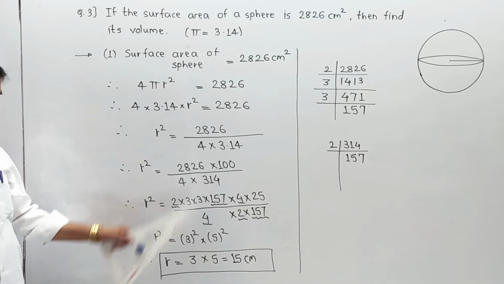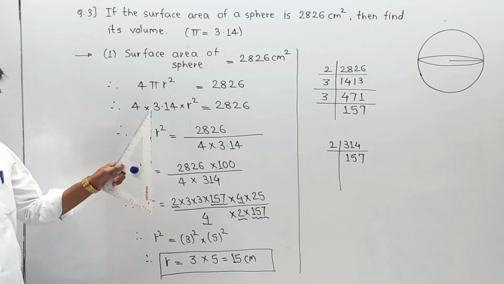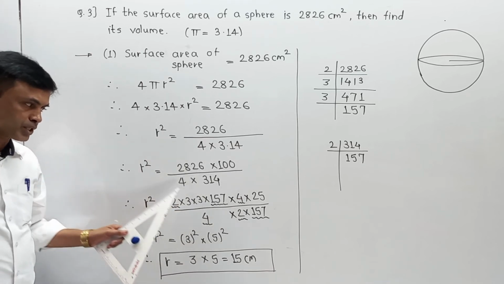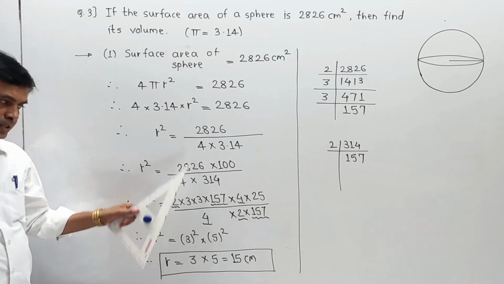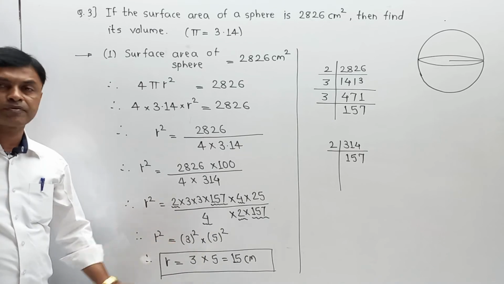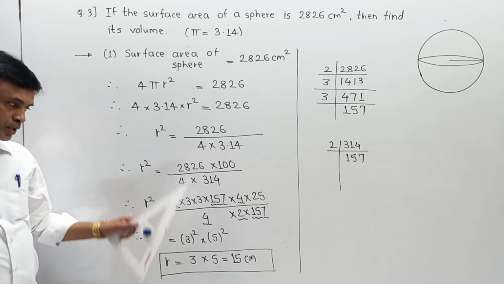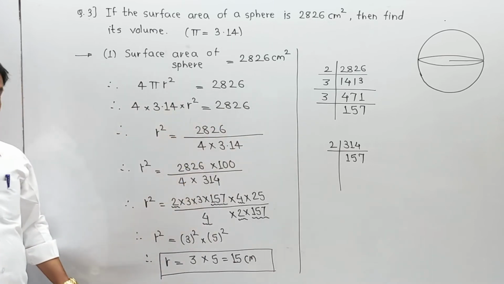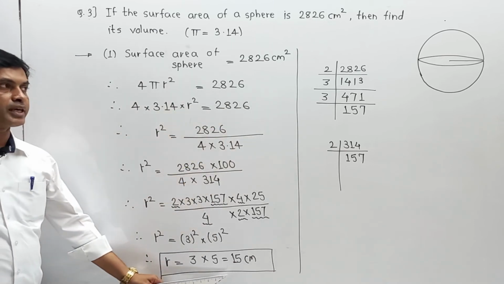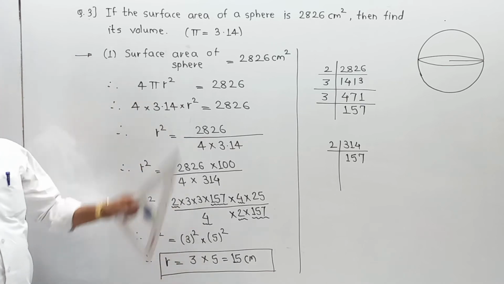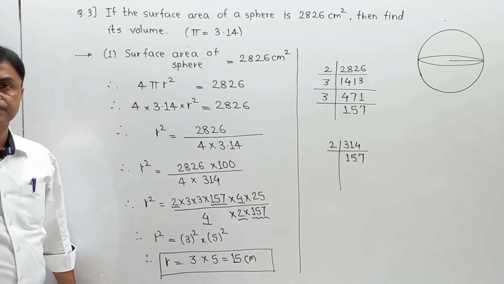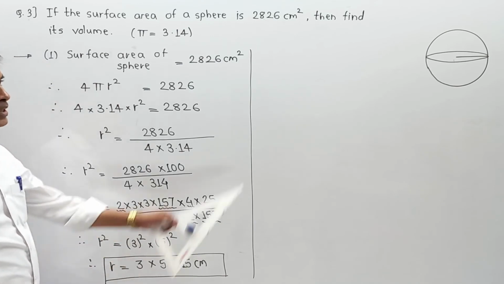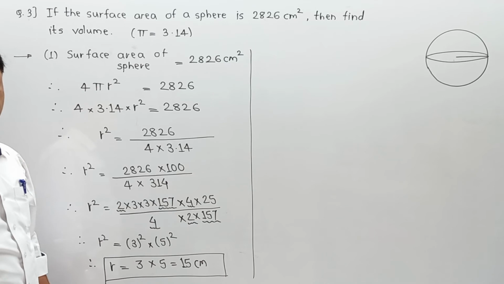And this is the first mode of calculation that you are supposed to do correctly, then and only then you will reach the final part. Student, remember, this is the most important step when you are going to do the calculation, and how to cancel common factors, that is the secondary part over here. So remember this pattern over here, as I have given some method for simplification. Now as we are able to get the radius value r, our second target is to calculate its volume. So please pay attention. Now after getting the value of r, that is 3 into 5, 15 centimeter, we are moving to the second step, that is volume of sphere.